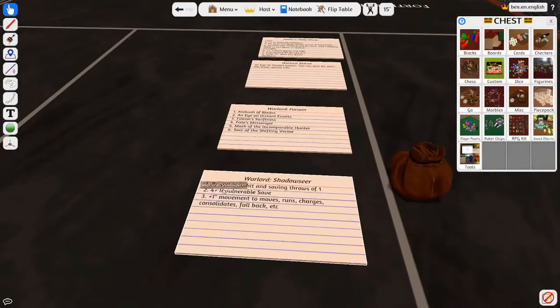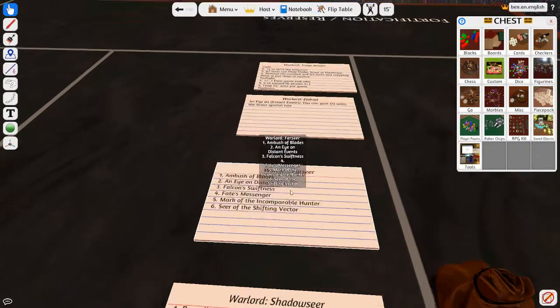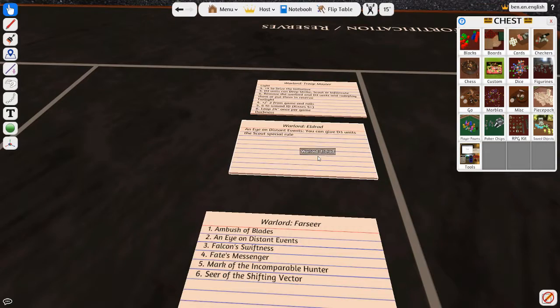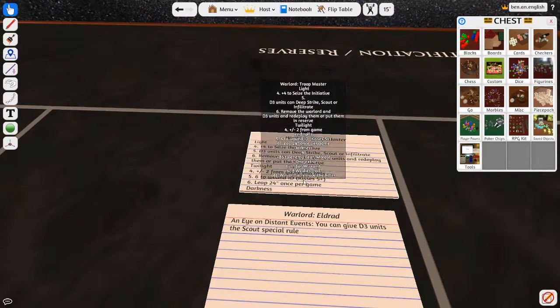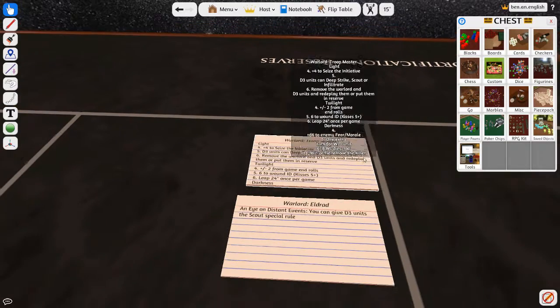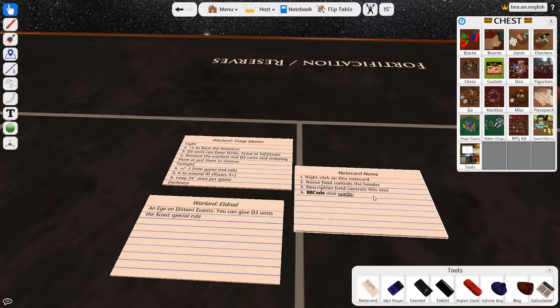And as you see, I added in all of the cards, all the traits, so that way I could pick my warlord. Eldrad automatically gets this one, and then I could roll and I could kind of see what I got. And how you do that is you can go to tools and get a note card, and when you right click,